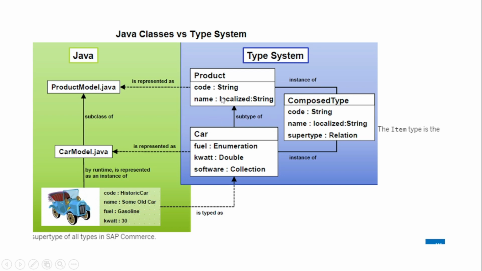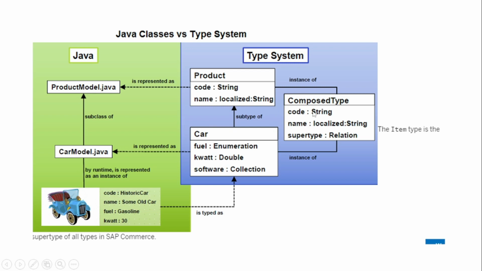and from this product, it may be a car or laptop, anything. So car will be the subtype of product here, and car will have fuel, gearbox and software, some other attributes will be there. So it will generate two classes in Hybris as well. When we define this data modeling in Hybris, one will be the product, and by extending the product we will get one car model, and these two will extend the ComposedType.